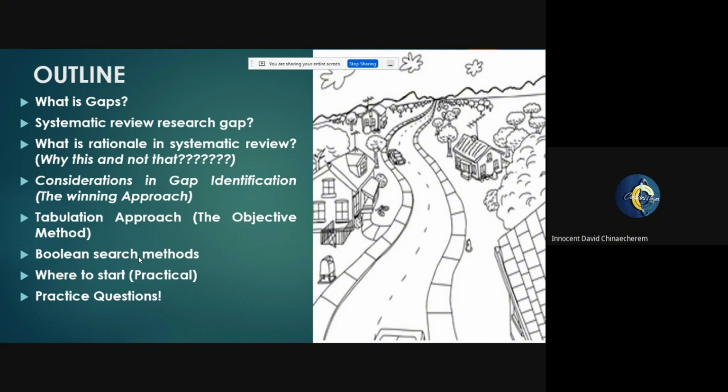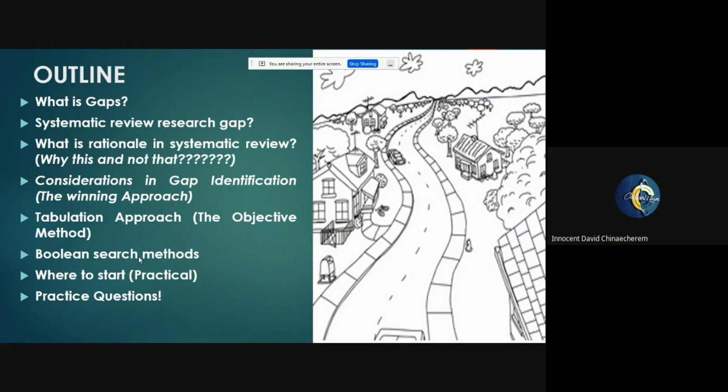But trust me, at the very end of this session, it's going to be something very phenomenal, because you would understand all the units and all the basis of ticking your boxes for you to be able to come up with a better research. And that is just what it's going to be. Because, ladies and gentlemen, there has never been any tabulation approach or objective process towards identifying your research gap. It's what most PhD supervisors or most academics have always advised their students: just to review literature.